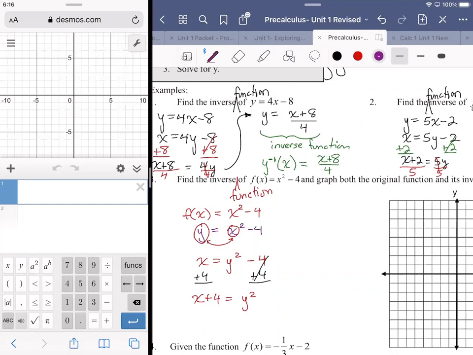And then I want to get y alone by performing the opposite operation. I have a power of 2 to undo a power of 2. I take the square root. So I'm introducing the operation of radical, the square root. And so when I take the square root of any number, the result is always plus or minus. All right, so I have to include that